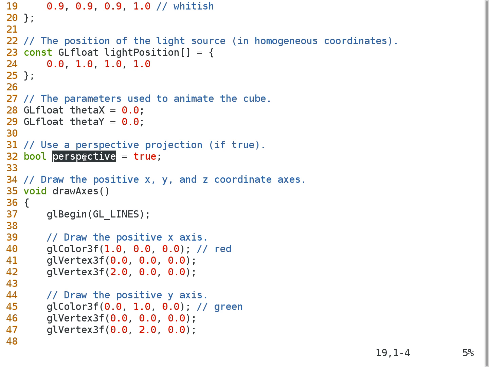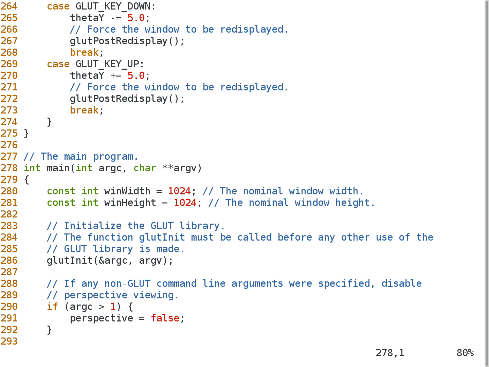Now I'm going to skip down to the main function to begin with. If we go to the main function on line 278, the first thing we do is initialize some constants, win width and win height, which are the nominal window width and window height used by windows created in the program. Then we call glut init to initialize the glut library, and it passes argc and argv to this function